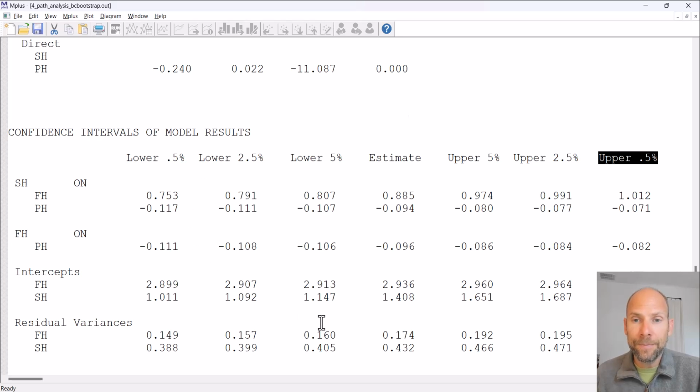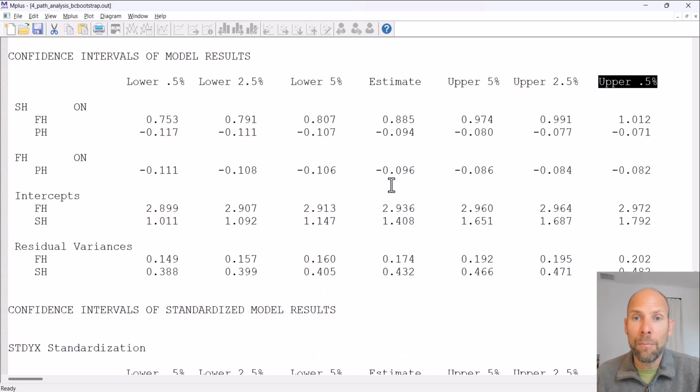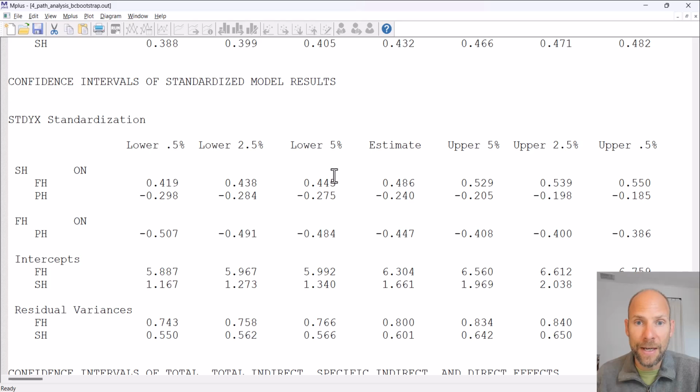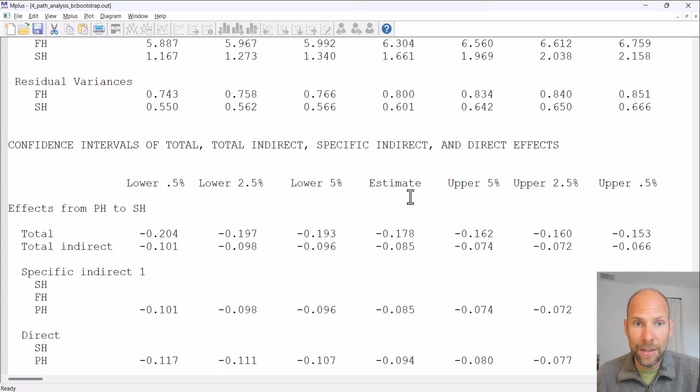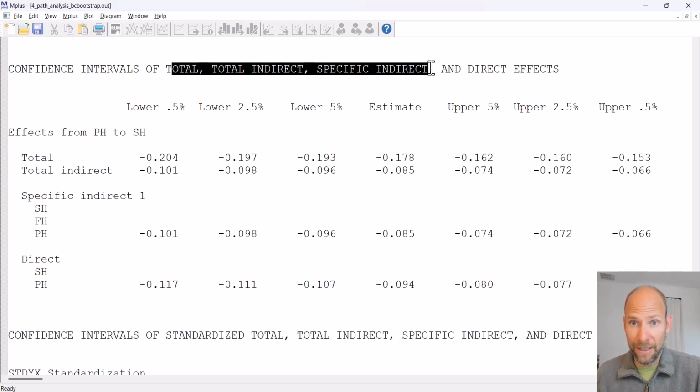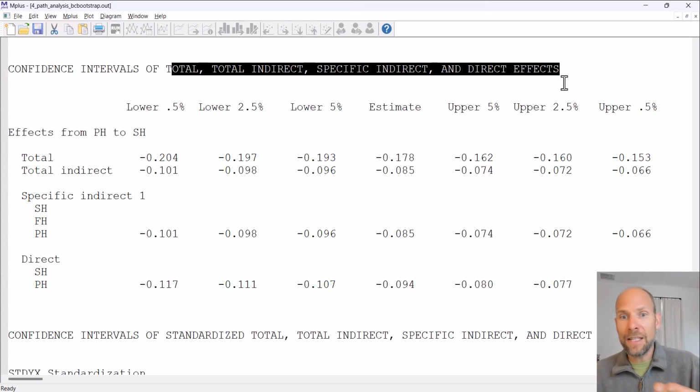Now, these are potentially of interest for these direct effects A, B, and C. However, they are mostly interesting for us for the indirect effect. And so that can be found further down below the standardized confidence intervals. And so when you go to confidence intervals of total indirect, specific indirect, and direct effects, that's where you would be looking, that's where we would pay most attention to, is here these confidence intervals for our indirect effect,